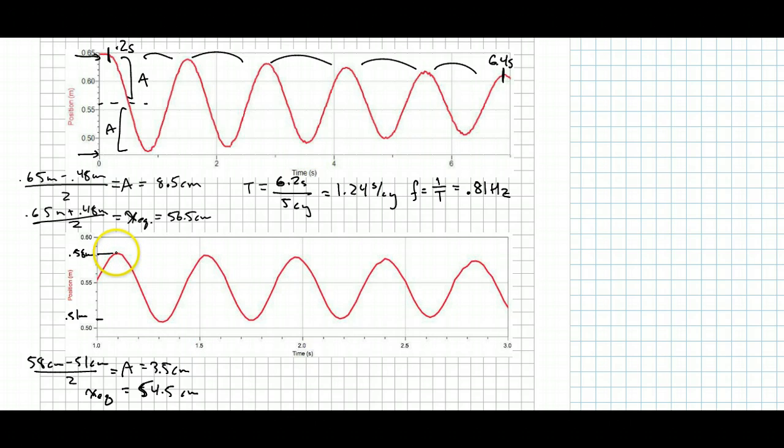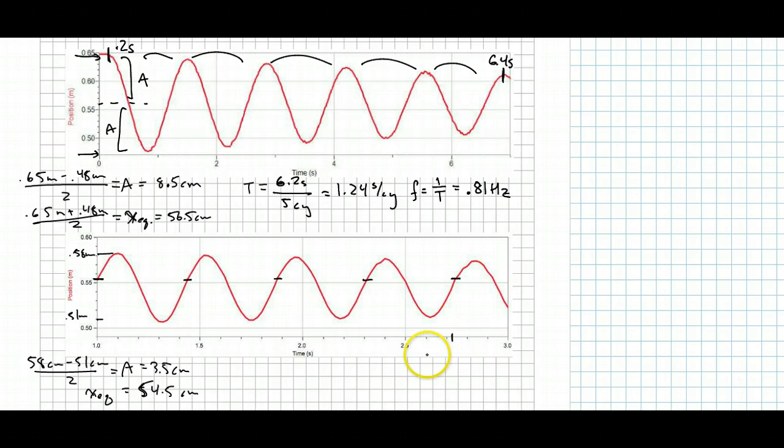Alright, so this is a pretty recognizable point in the cycle. It's not quite at this line, which is not quite the equilibrium point anyway. But I can recognize that point. So I see it there, I see it there, there, there, and there. So I've gone through 1, 2, 3, 4 cycles, and I started at 1 second, and I ended, let's say,